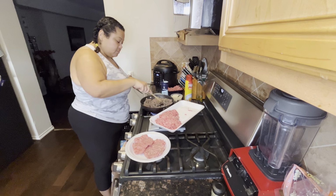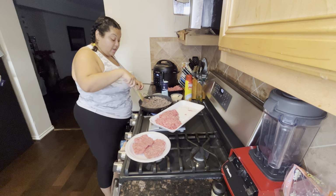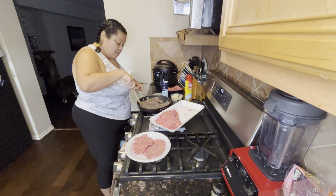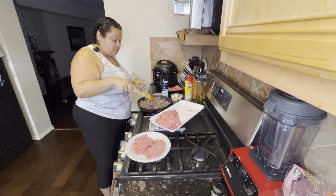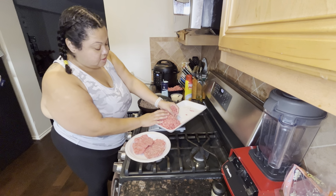Let's stir this up some more. I like my ground beef to be really, really cooked. Like, almost overcooked. Like a little crispy, you know? That's almost done. So anyway,